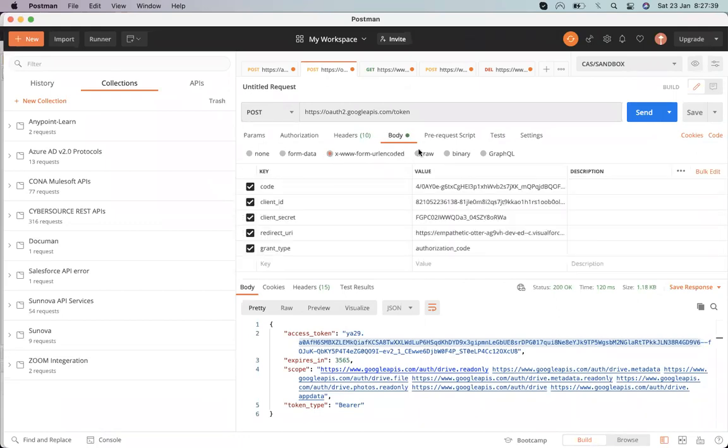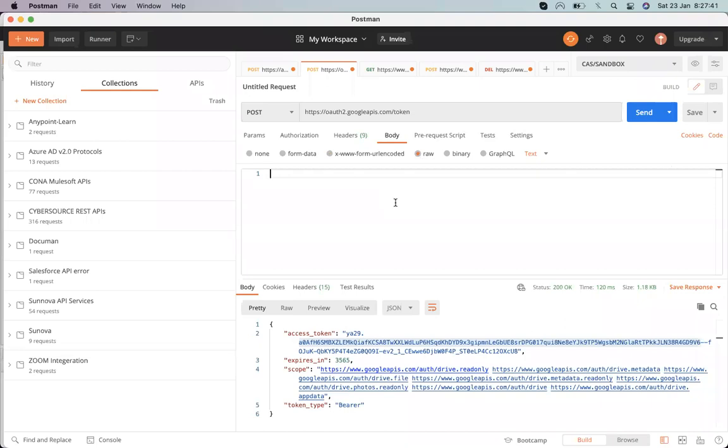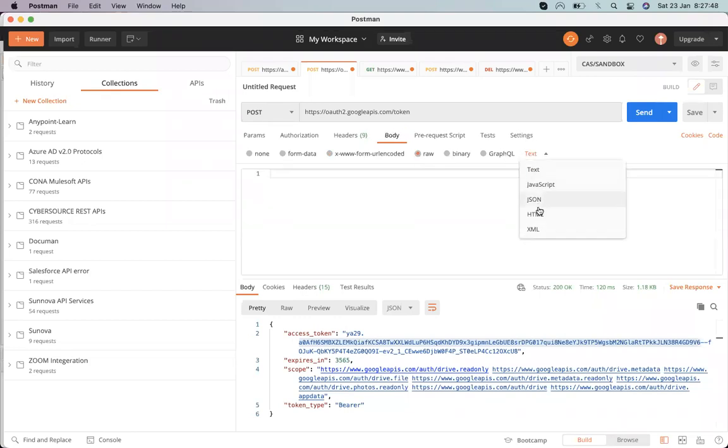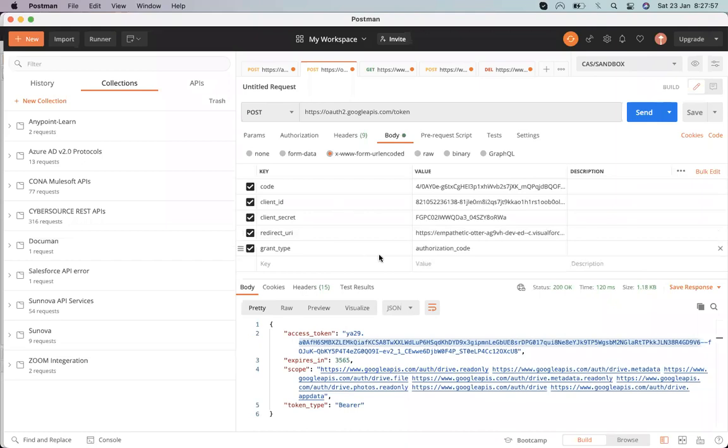Why is it not showing in the raw form? Showing in the kernel. Wow, it's not showing in the raw form.